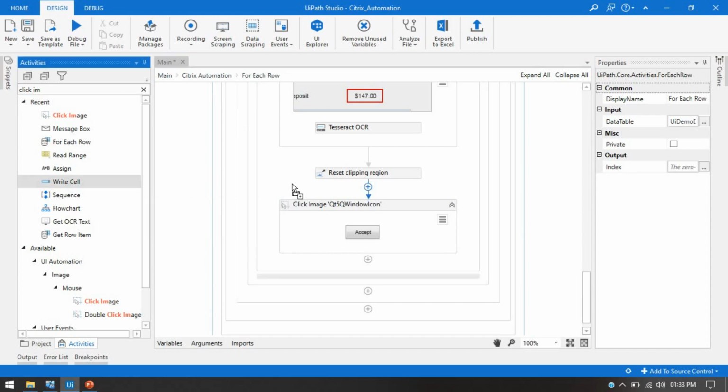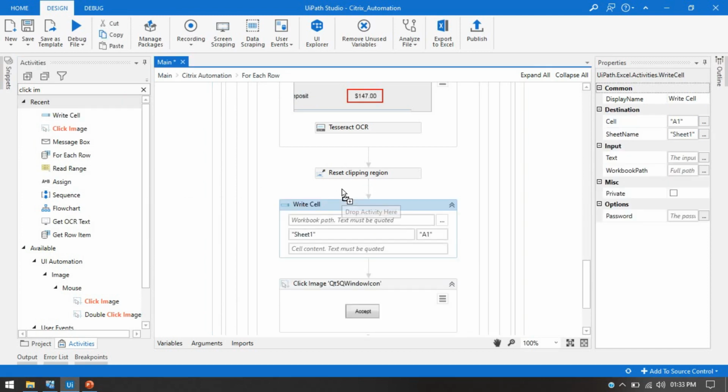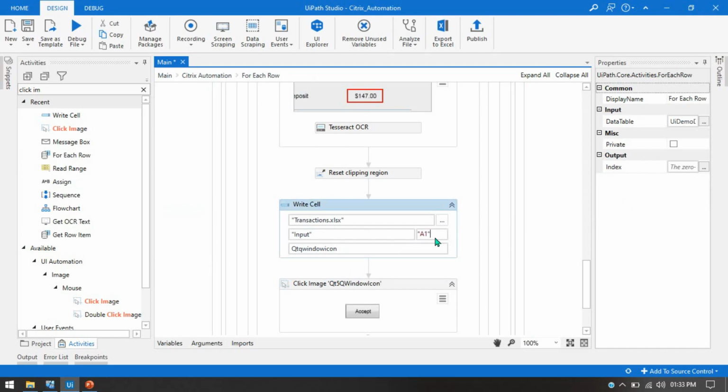I will take this just before the accept, and then I will take the Excel file location and change the sheet name, otherwise it will write to the sheet 1. I will take the name input and I will put the variable name,